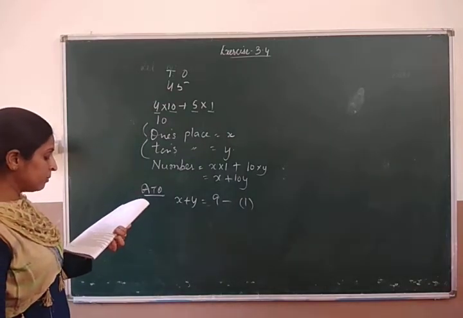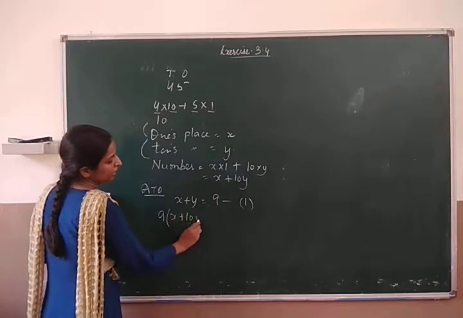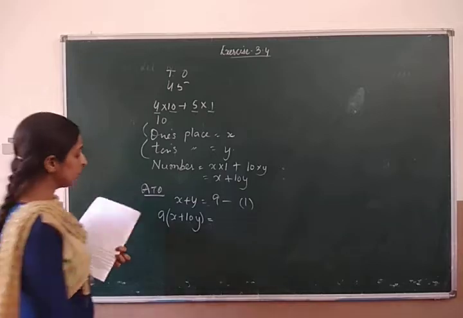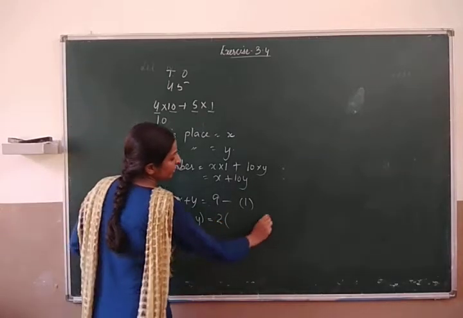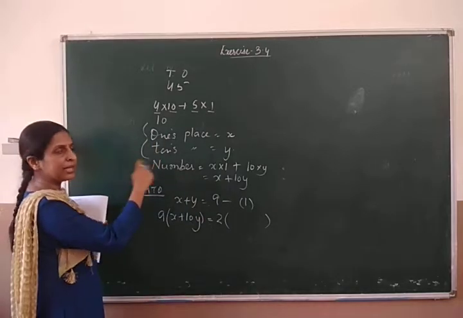Also 9 times the number. Now the number is x plus 10y, right? 9 times the number is twice the number obtained by reversing the order. Reversing the order means now the ones place will become tens and tens will become